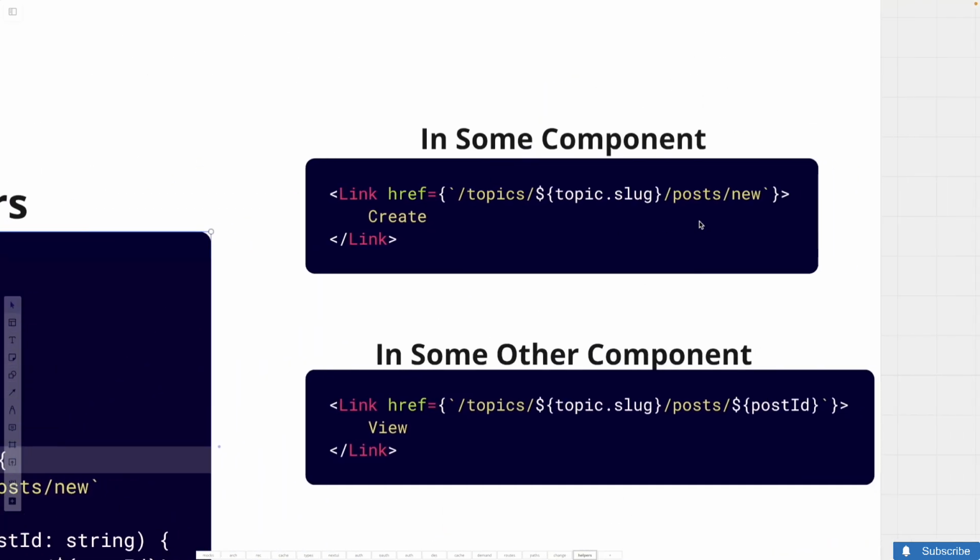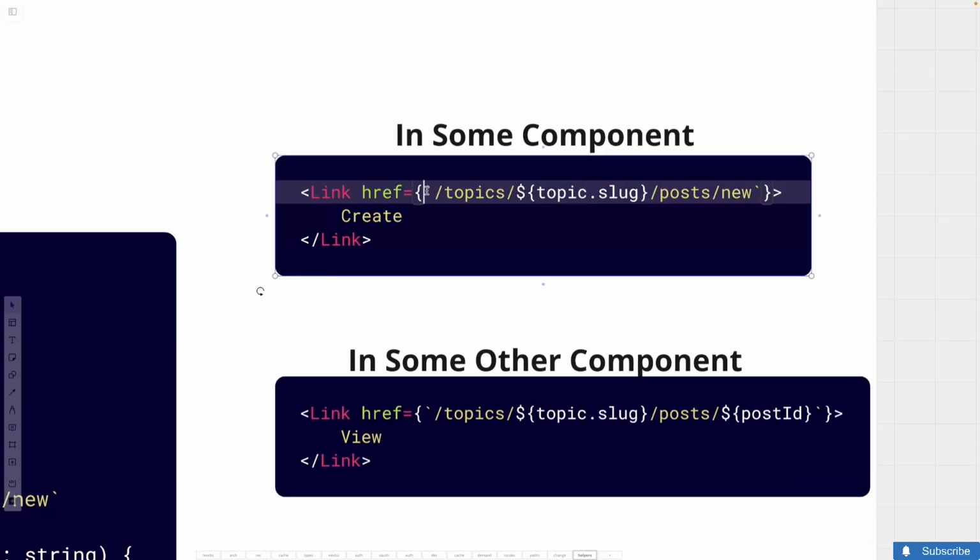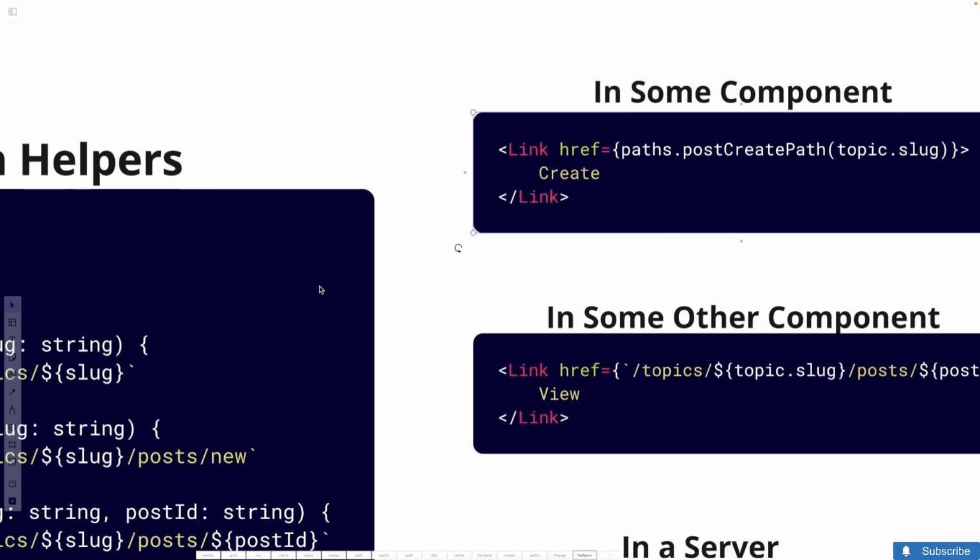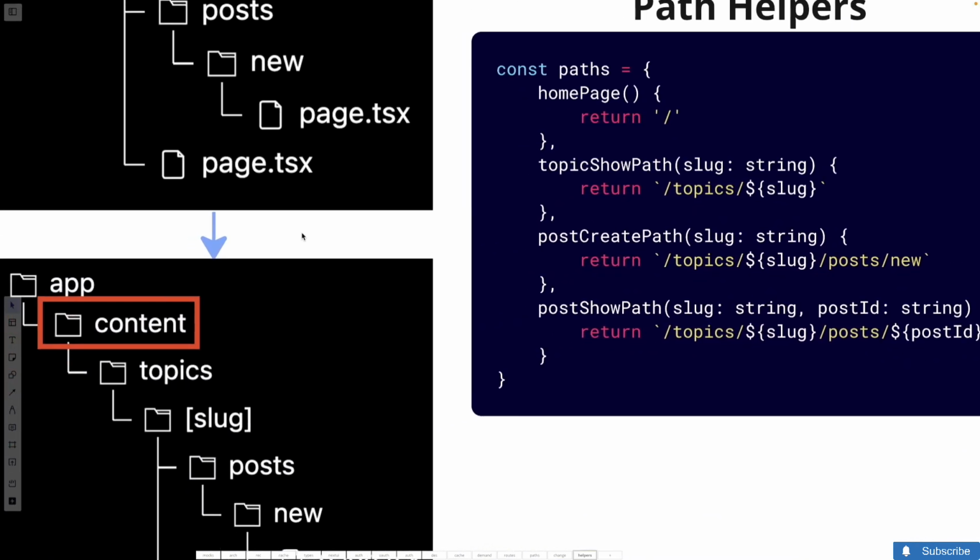So it would end up being something like this. Paths.postCreatePath, and then put in topic.slug, or however we reference the name of a topic. Now that's a lot easier to write out and read inside of our code base. We're probably not going to add any accidental typos inside there because TypeScript will catch them. And now, if we ever decide to change all of the routes inside of our application in any way, rather